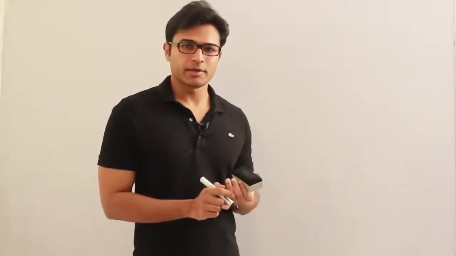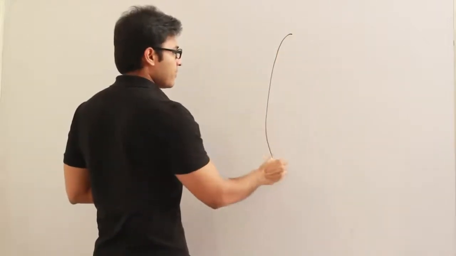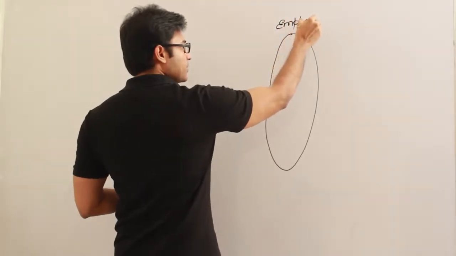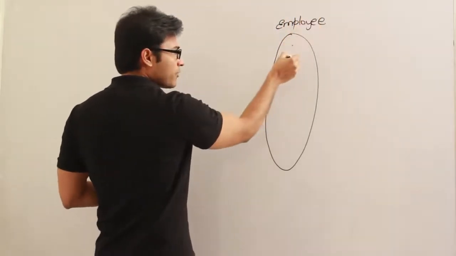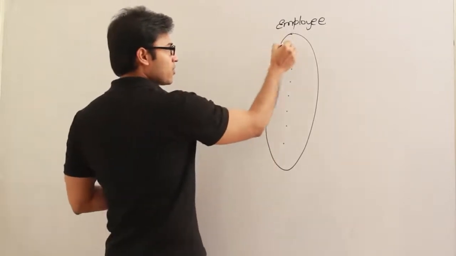Generally, in any entity type, we are going to have lots of entities. For example, if you take any entity type like employee, you are going to have many employees, right? Now, the question arises, how can we distinguish one employee among all these employees? Just to have a uniqueness constraint, let us say we have this entity type, employee, and in this employee entity type we are going to have many employees, right? Now we have to identify each one uniquely, which means we are going to have some information